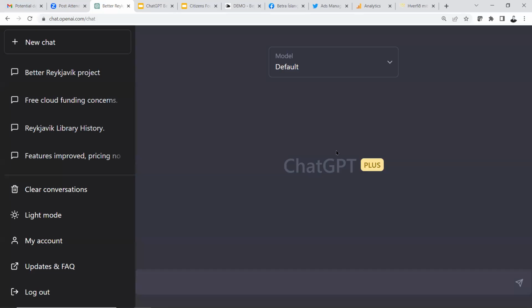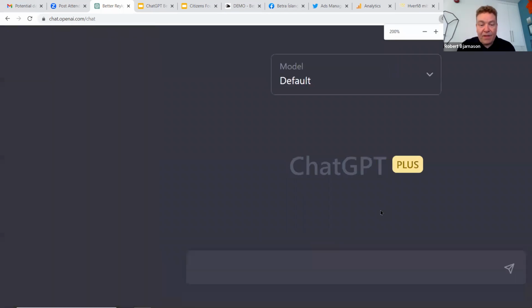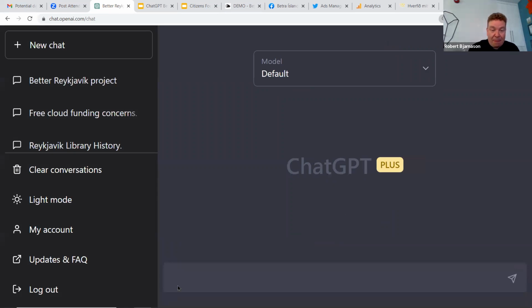So for those of you who don't know ChatGPT, it's basically an AI model which you can talk to. It's technology that was originally designed by Google to do translations between languages, and they made a huge breakthrough in 2017 with the technology called transformers, in how good the AI model is at guessing the next word. So it's always just guessing the next word.